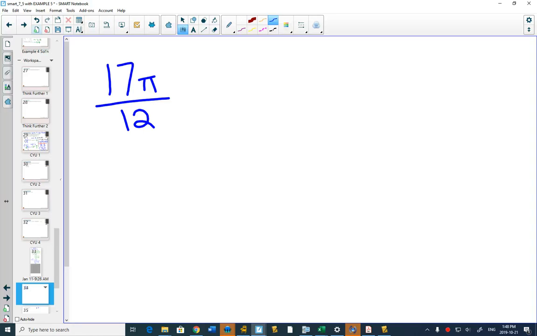For example, tell me one of the pi plate ones in quadrant 3 that you know. What do you know in quadrant 3? 4 pi over 3. Okay. 4 pi over 3 is 16 pi over 12. Right? If I get a denominator of 12. What you need to figure out,